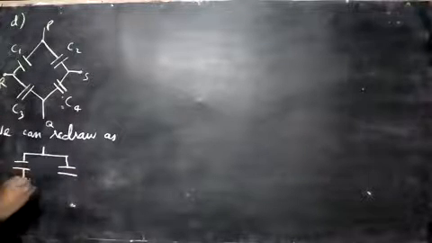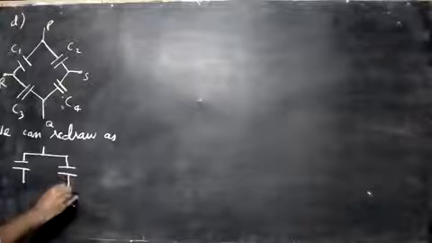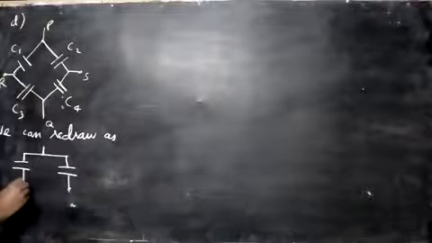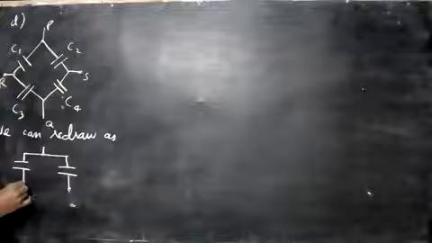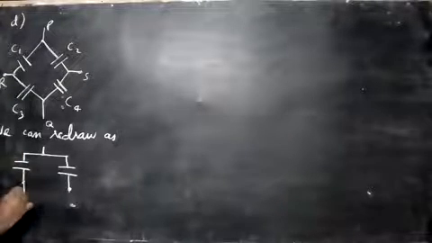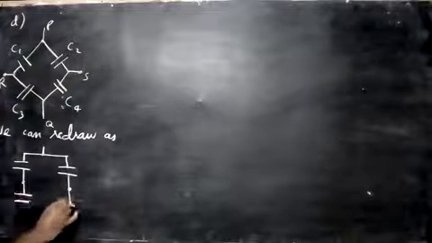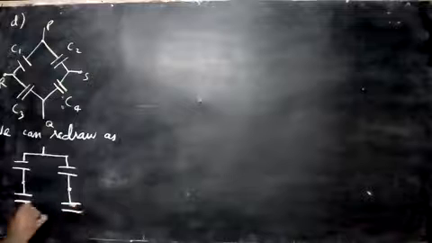There's a point R here and there's a point S here. Okay, then what must we do? There is another capacitor here, between this point R and this point S. After that we have C3 on this side, and on this side we have C4. Then it comes down and joins here at Q.